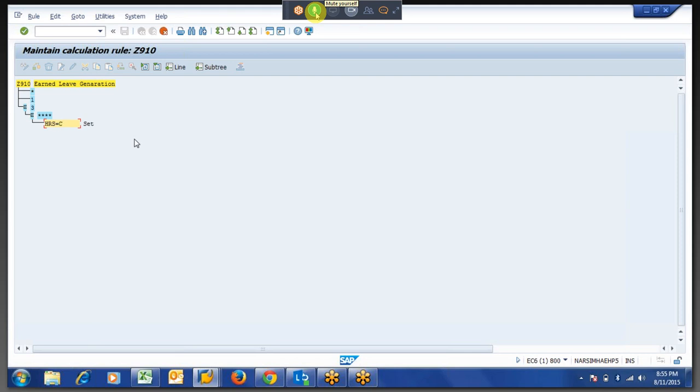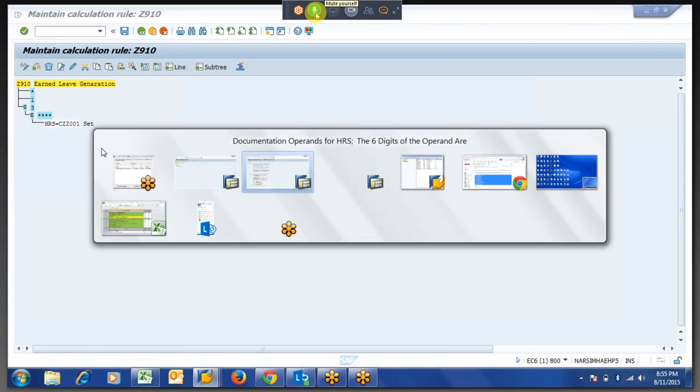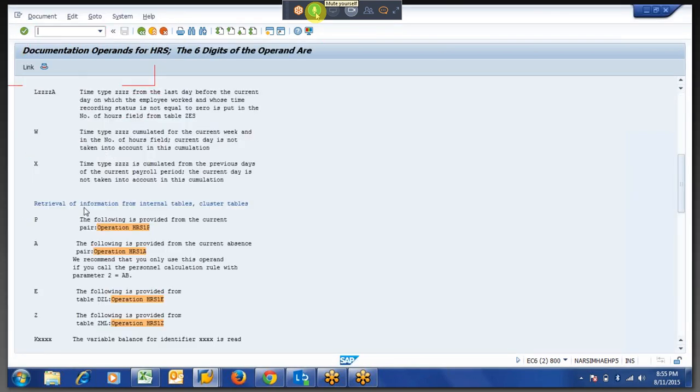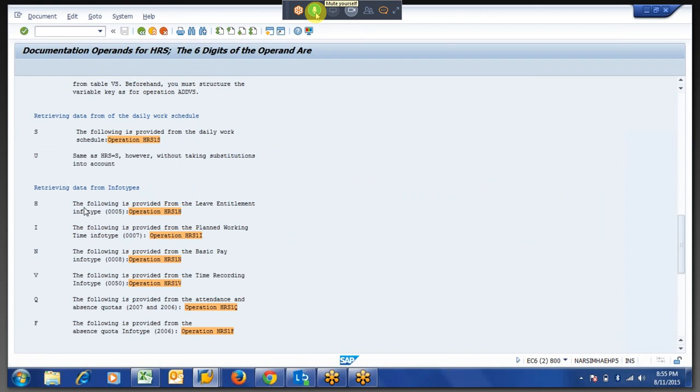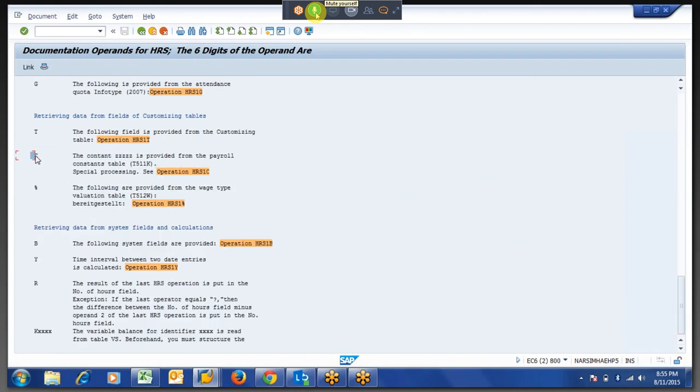I am putting C and ZZ001. Okay, so we'll see what I have written over here. See, C is the table. Even we don't know what it was, so we went there and checked the documentation, the constant.